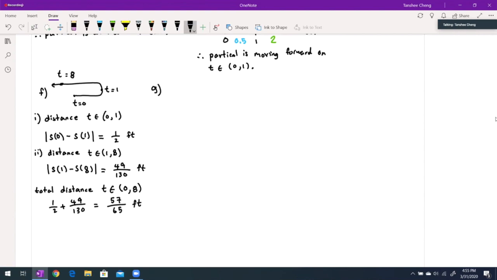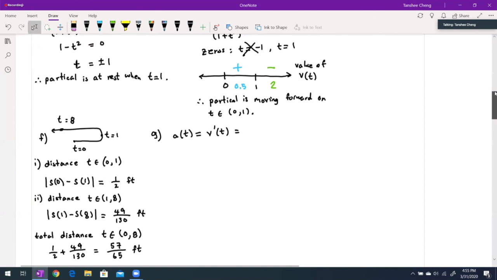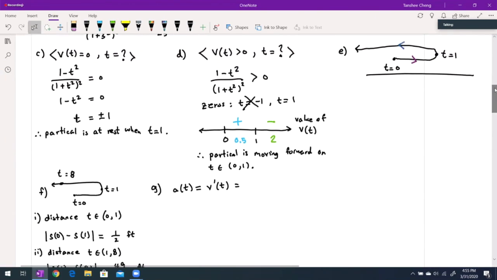So the acceleration function is basically taking the derivative of the velocity function. So when I take the derivative of this velocity function, this gave us, okay? And remember the velocity function is right here. Let me pull it up. I'm not going to go all the way up, this part right here is the velocity function. So when I take the derivative of that,